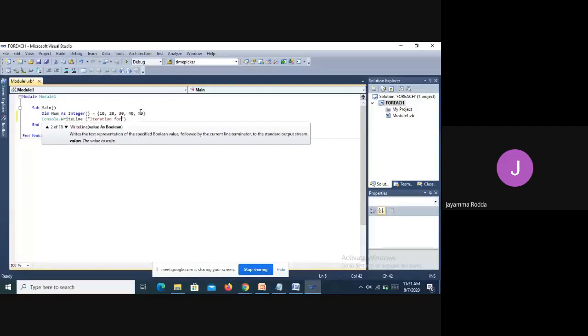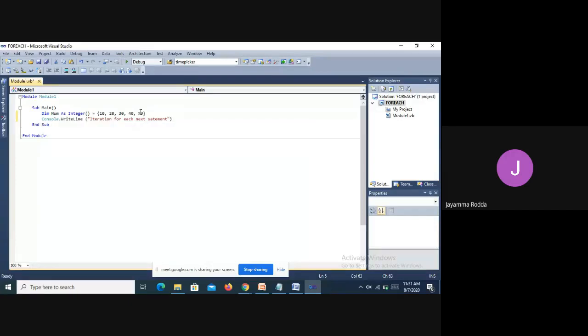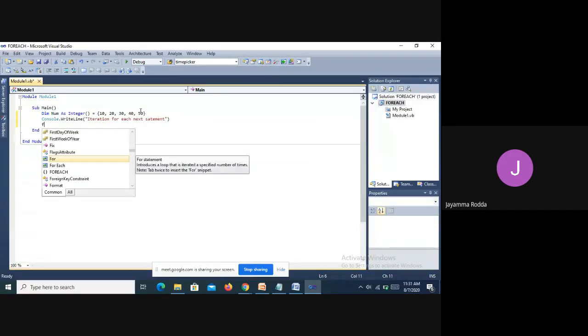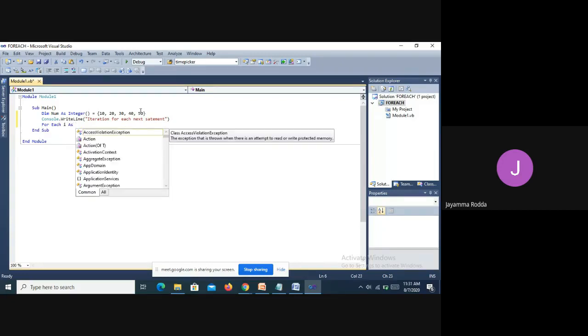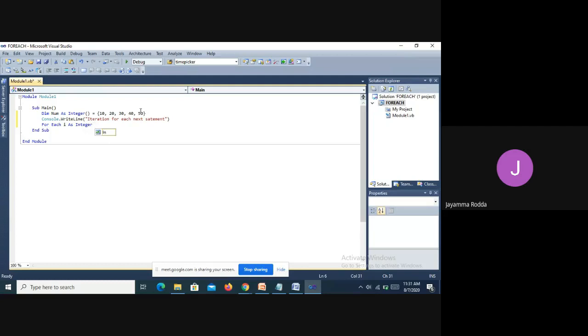Iteration for each next, simply for our idea, iteration for each next statement. Now for each, I is the counter variable I am taking. I is the element; actually in our syntax I have written element.